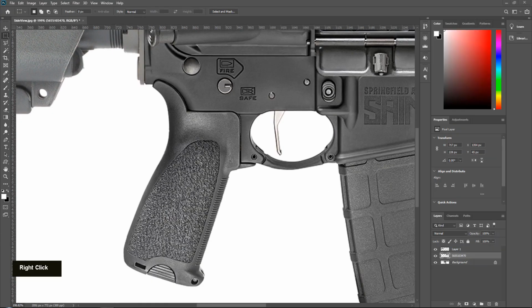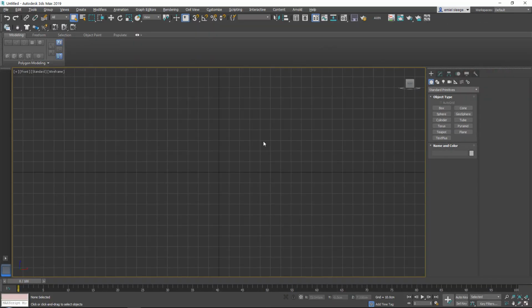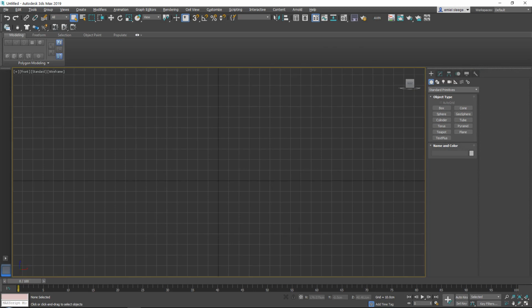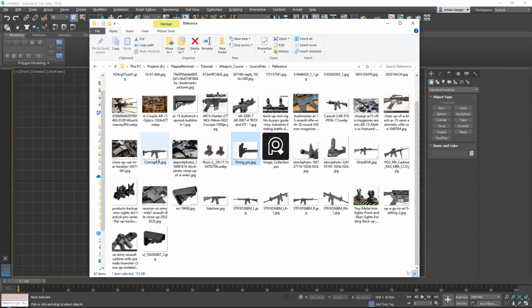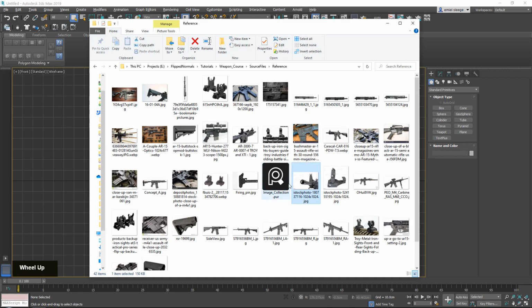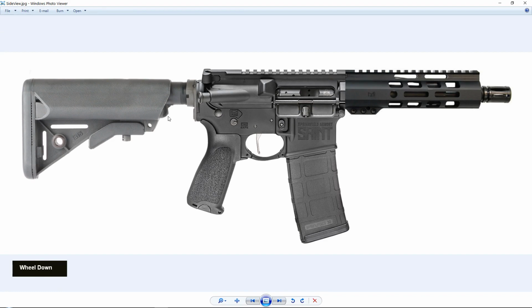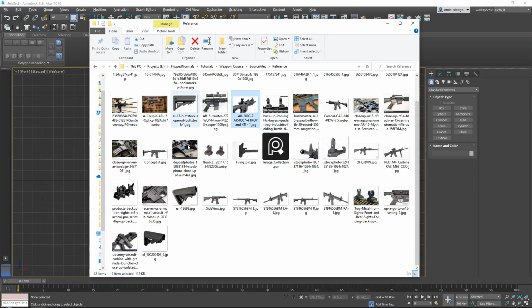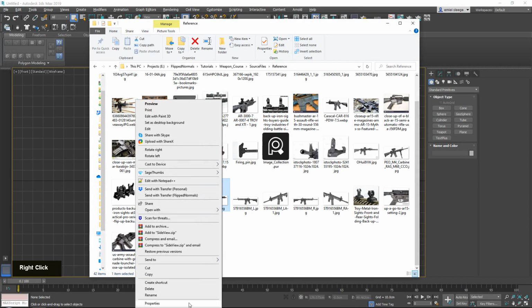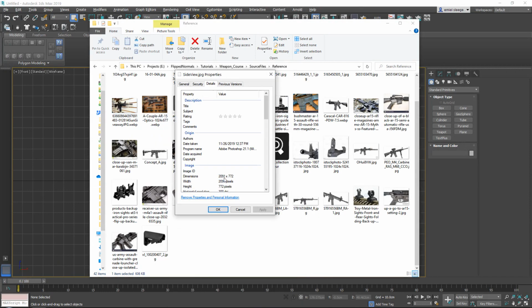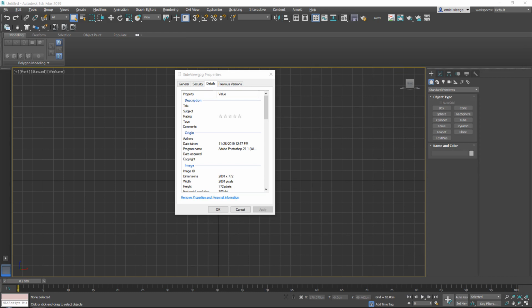What I'm going to do now is I'm going into 3ds Max because I want to go ahead and set up my reference. Now for this, I have saved this image, and that's the only image that I will also include next to my PureRef. So all these images around it will be gone, but they will be included in the PureRef. But I have my side view over here, which is just the saved version from Photoshop. You don't have to do this. If you want, you can simply import the whole images and then model from that. But having this side view, I just want to right click and go to my properties to check my dimensions over here, because I can use that